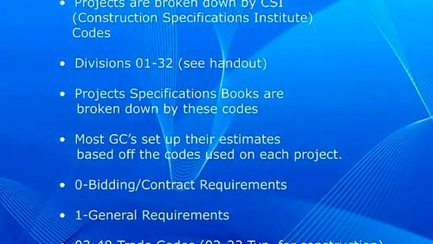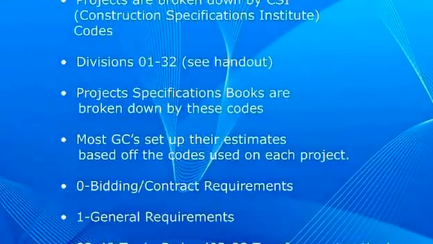Allowances, alternates, and contingencies. A lot of jobs nowadays, owners are getting funding from whatever funding source, and they can't go back and ask for more money later. So what they do is they add contingencies or add allowances to the job. And they'll tell the general contractor, carry $200,000 for some item. We'll call it allowance one, whatever, it's included in your bid. Then they'll say add $10,000 for roof patching. That's in your bid. Well, as a sub-trade, if you're the roofer, you need to make sure you included that